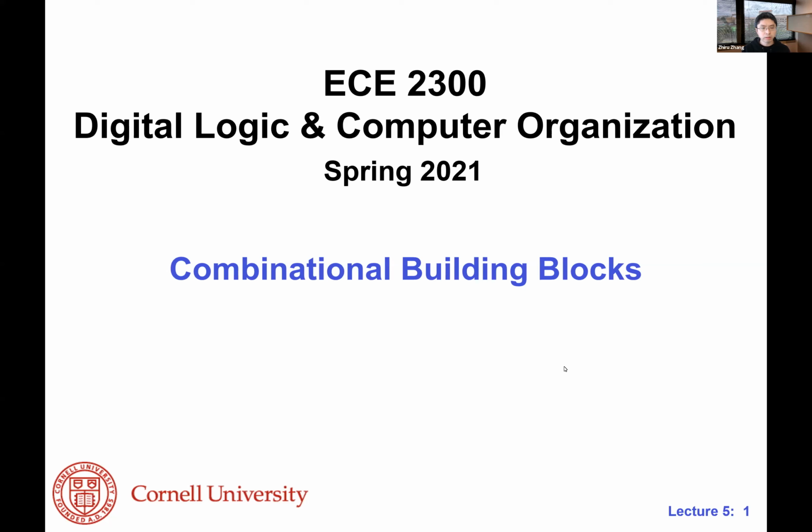Today we're going to talk about the so-called combinational building blocks. You remember some of the discussions in the very first lecture. We were talking about how to tackle the complexity of modern-day digital systems, where we have billions of transistors. One of the key approaches we mentioned is the bottom-up approach, where we build up layers of abstraction,